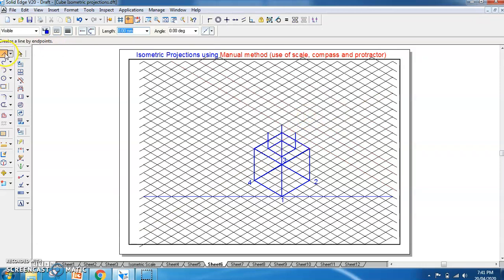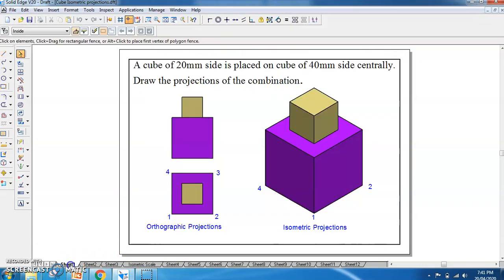So you have got all the things again. So again you connect this to this, this to this, this to this, and this to this. So now your projections are ready, but now you have to name the points which are visible, which are invisible. So if you see here, this edge, this edge, this edge, this edge, this edge are visible. Then these edges and these edges are visible. So some portion of this is visible, some portion of this is visible. So remaining is invisible. So invisible we don't have to show it again.